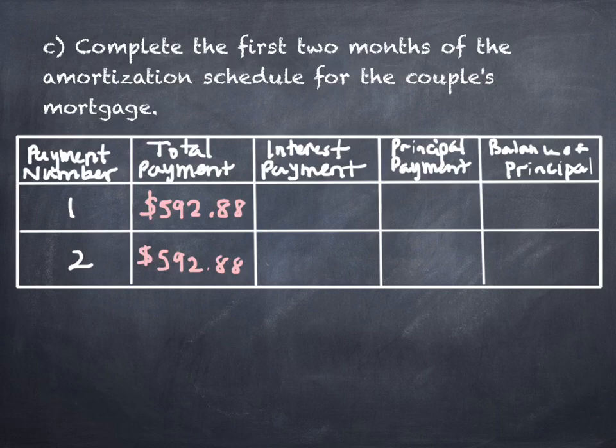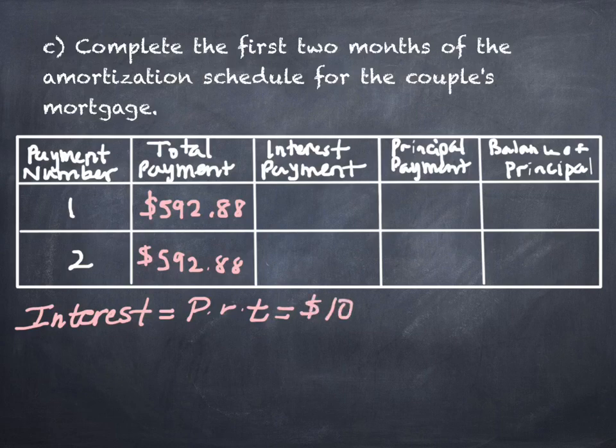Okay, second thing then is interest payments. Now you know how to find an interest payment because you've been doing it now for over a week. How do you find an interest payment? How do you do it? It's PRT. So we take P times R times T. What is the principal at the very outset of this loan? $100,000. Remember, principal is simply how much I borrowed. Ann and Andy borrowed $100,000. What was their interest rate? 0.0375. Good, 0.0375. And what am I going to put in for T?